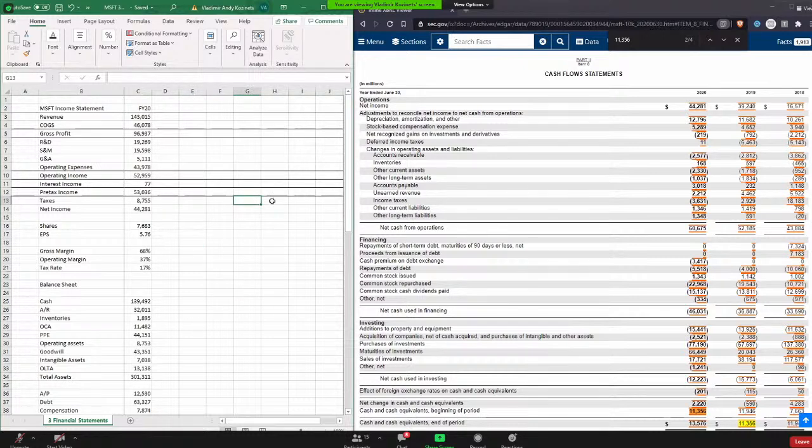Especially if it's overvalued, like if its growth is declining and its stock price is more than its present value, then it might be a good short,